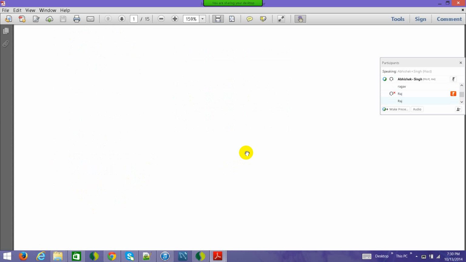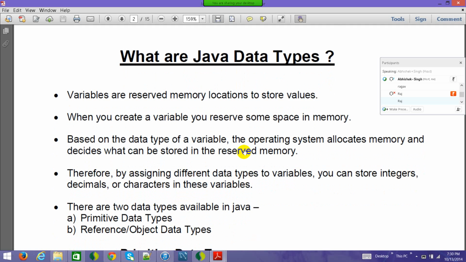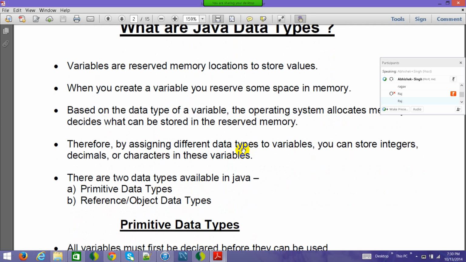Okay, so now going down, what are Java data types? Variables are nothing but reserved memory locations where we store the data. Depending on the data type, whether it's your name, like a string, Abhishek, or a number, there are different memory spaces which the operating system allocates, and that depends on the data type, right?